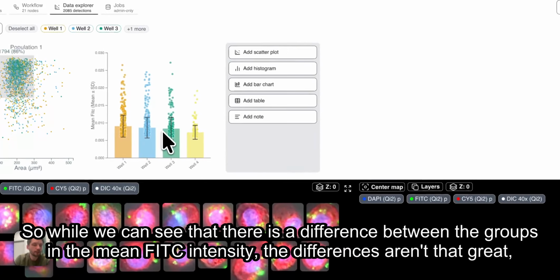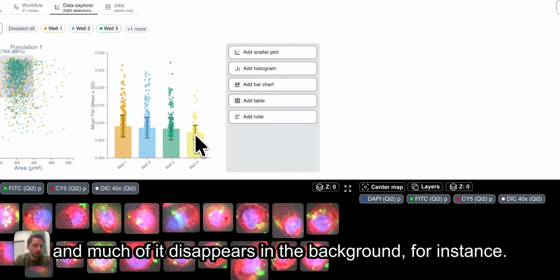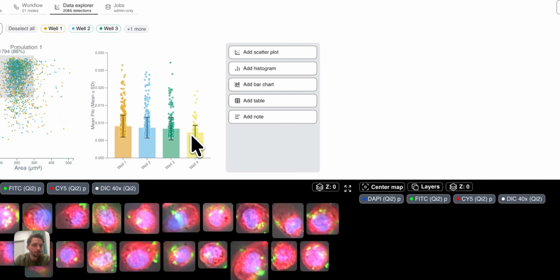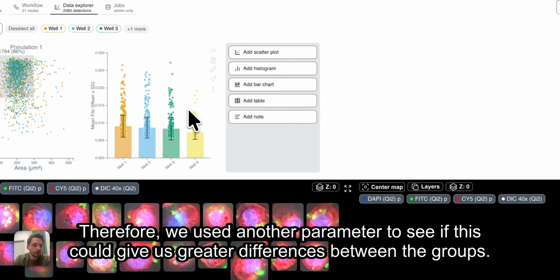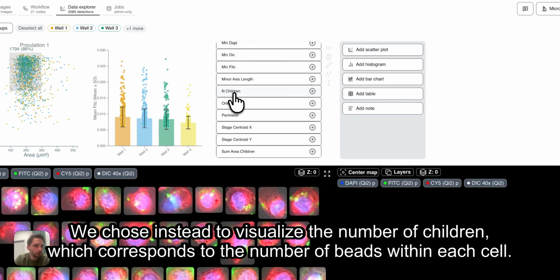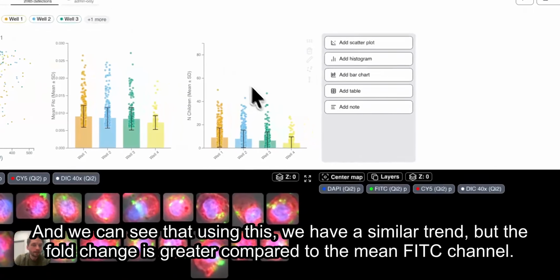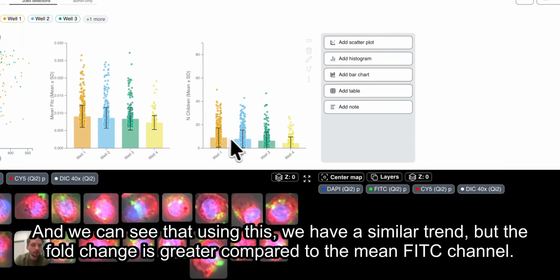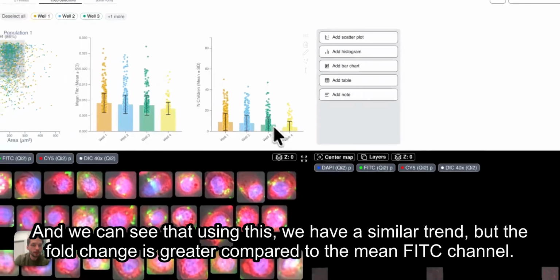So while we can see that there is a difference between the groups in the mean FITC intensity, the differences aren't that great and much of it disappears in the background fluorescence. Therefore, we used another parameter to see if this could give us greater differences between the groups. We chose instead to visualize the number of children, which corresponds to the number of beads within each cell. And we can see that using this, we have a similar trend, but the fold change is greater compared to